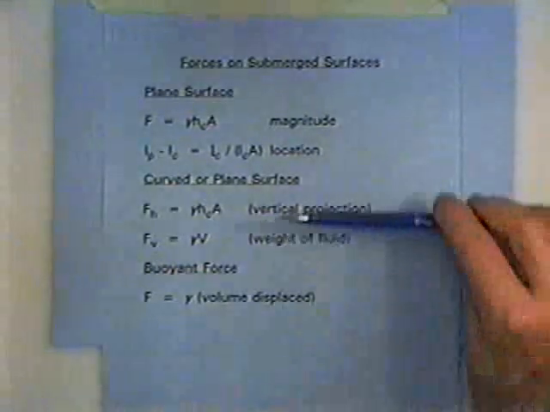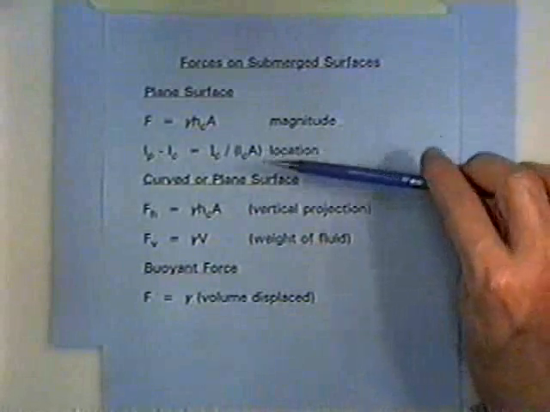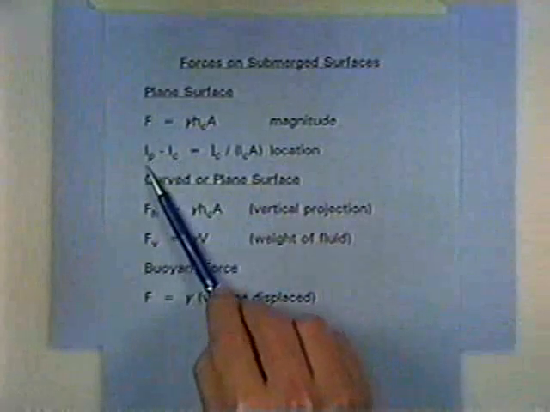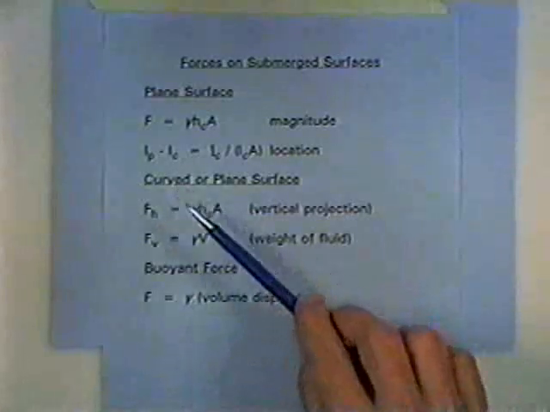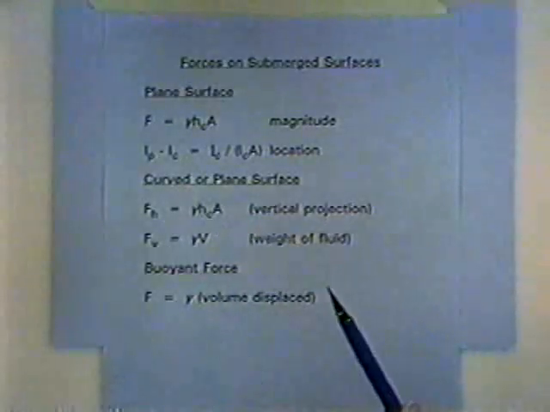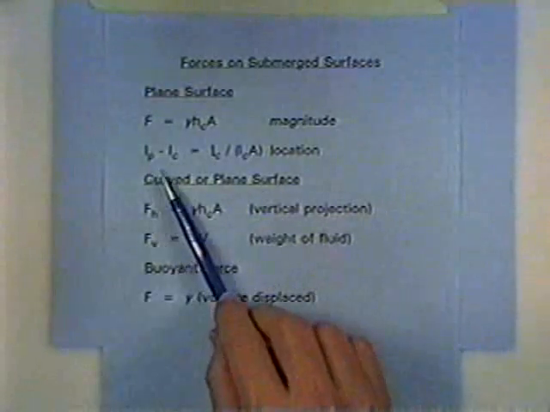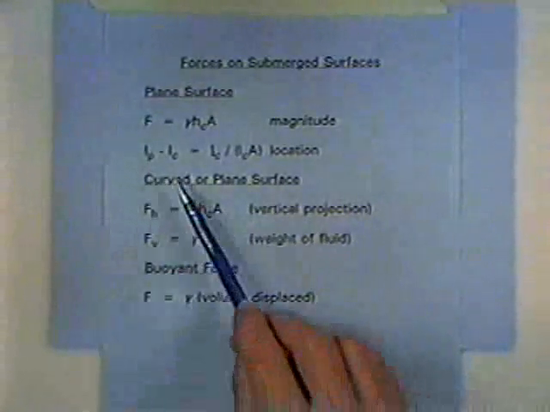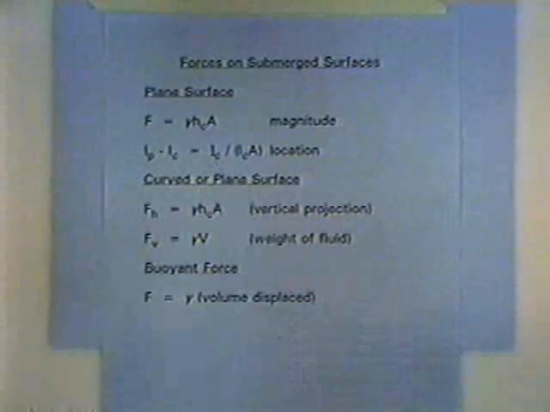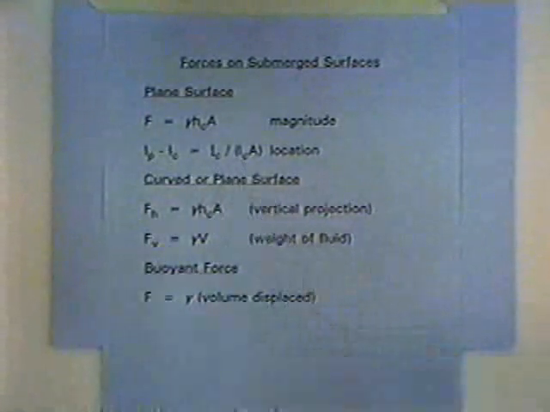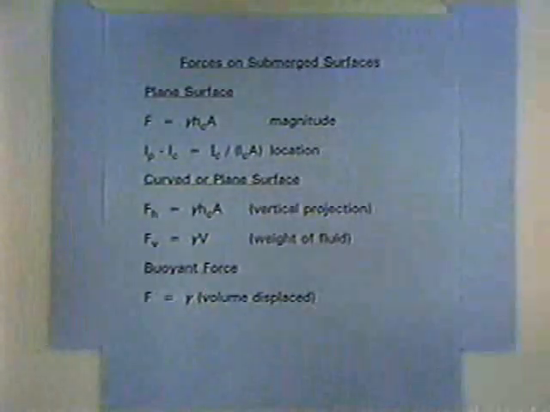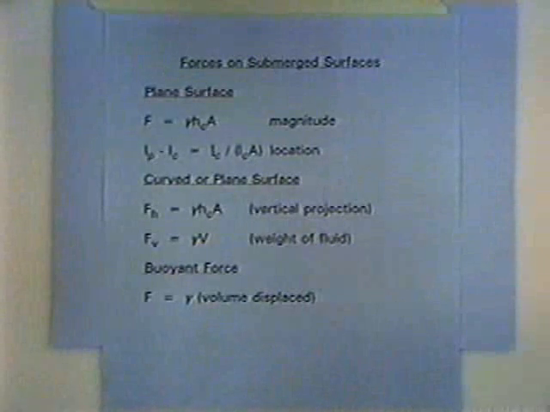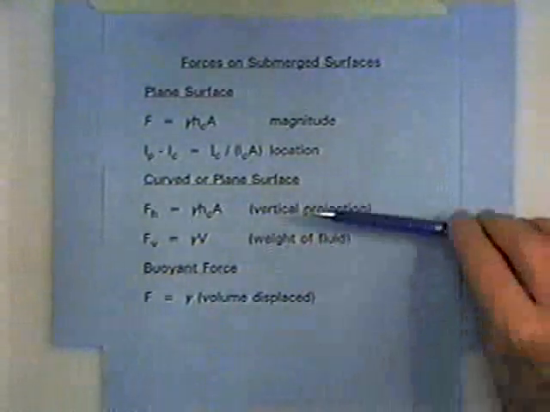And the area is the area of the surface over which the fluid is exerting its pressure. And then this gives us the location of the force, and these two length terms, LP and LC, we'll define on the next overhead page of notes, and those will be distances measured along the plane from the water surface to the center of pressure, and from the water surface to the center of gravity. And this will be the moment of inertia, and again the same LC that we just noted times the area. And so those equations will apply in just a moment to our first example. And then having done that, we'll go